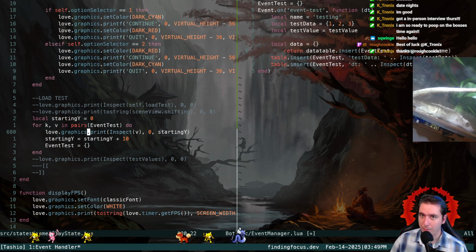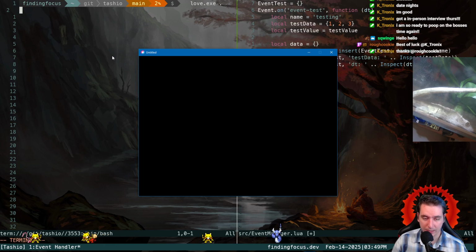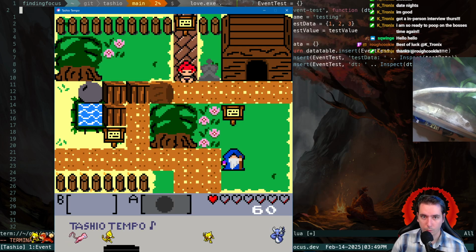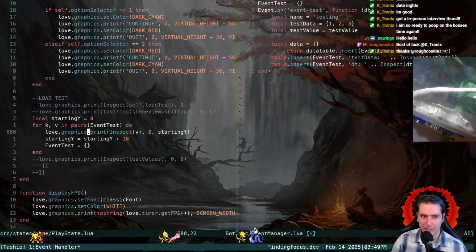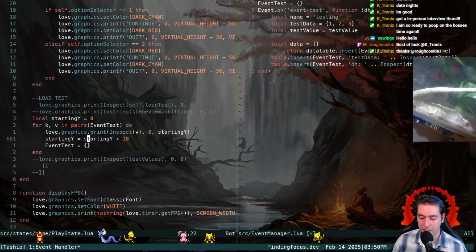So maybe what we can do if we play the game right now and hit L for load, we load over here on this screen. So let's see if we can just load our character based on the event dispatcher, and that will kind of start to prove that, hey, we can load in a new scene, still have access to delta time,